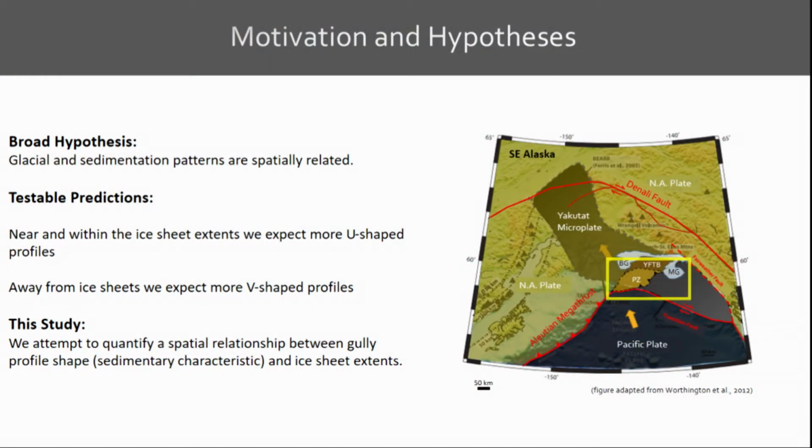We're in Southeast Alaska, where the Pacific plate is being subducted underneath the North American plate, but we have this little Yakutat microplate sort of wedged in between those two. On top of that, we have two sediment wedges, the Pamplona Zone and the Yakataga Fold and Thrust Belt. The Yakataga Fold Thrust Belt is onshore, and the Pamplona Zone, where we're going to be focusing for my talk,